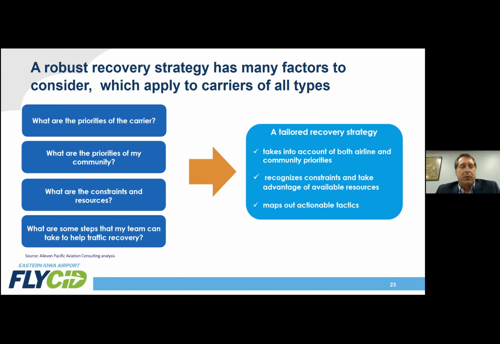So recovery strategy, it's kind of there in short form. It's going to be tough, no doubt about it. But we really have to align our community needs to the new realities and priorities of the carriers. What are the constraints on resources? I mentioned earlier, the airlines are parking aircraft, so we've got to figure out what our new realities are and really tailor our strategies to what the airlines are doing. So a lot of that type of activity is ongoing as we speak so that we can be well positioned to get back to 15 nonstop cities as quickly as possible.